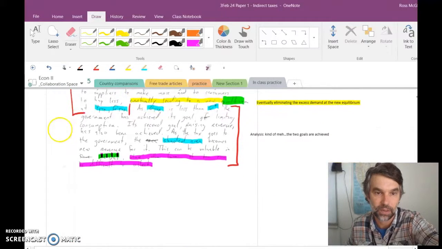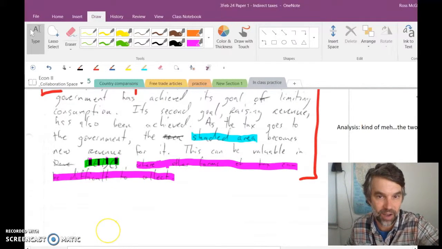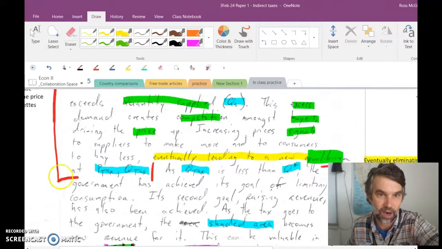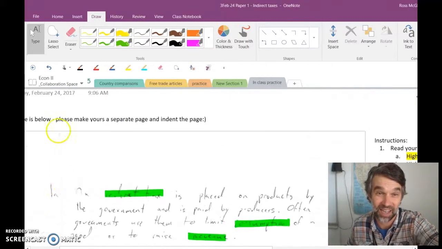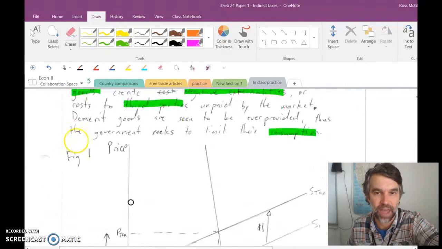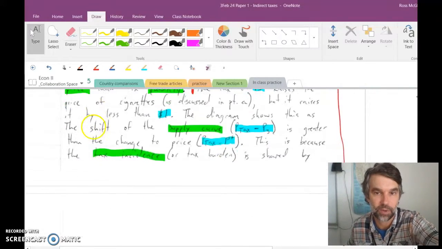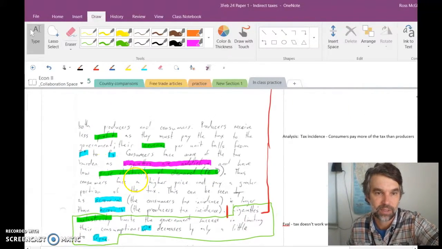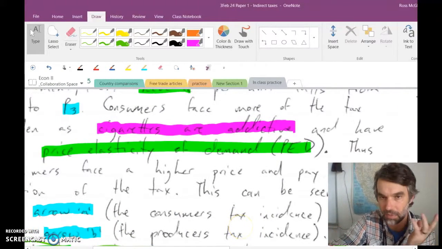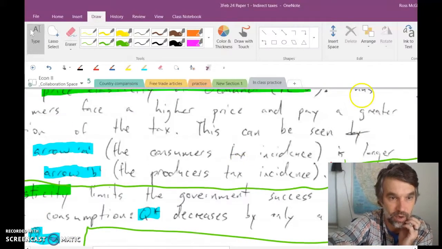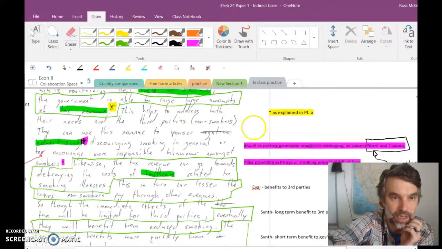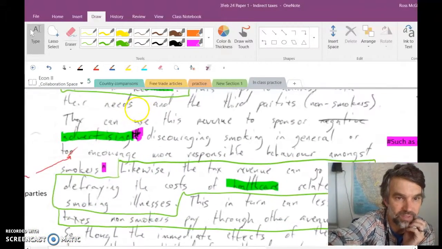So for example, in here, all I did, I talked about like in LEDCs, the tax can be hard to collect. That's really the only kind of specific thing I said in paper 1A. It's not a great question for that, but still, you'll see like in paper 1B, there were some more obvious things that I could have done. So I talked about a specific thing about cigarettes, that they're addictive, and that's why they're inelastic. But I also saw that I could have brought in, like here,